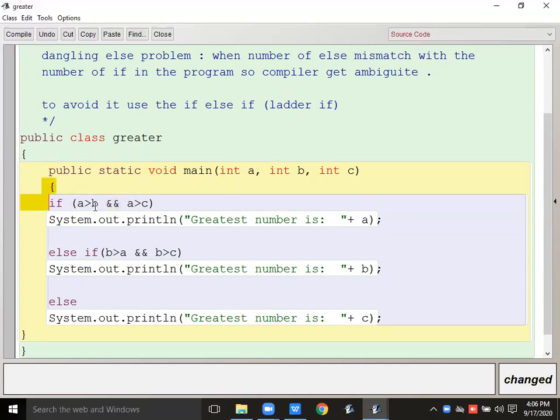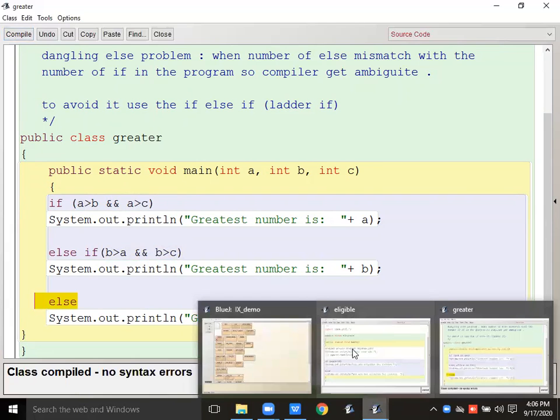Then in this case, we consider that A is the greatest. Otherwise, we check the same condition for B. Or if A is not greatest and B is not greatest, then ultimately C is going to be the greatest. See, let me compile it.